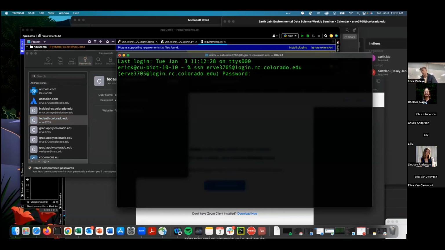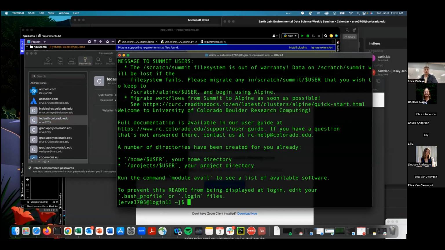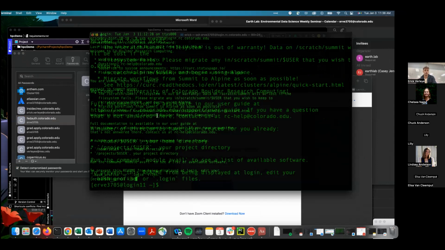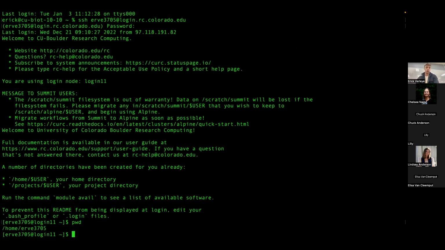Okay, so you've got to put in your password, then they're going to send you a push notification for the two-factor authentication. So you prove that, and now you're in. And let's just get a lay of the land really quick. So if we look at where we are, I'm immediately in home,